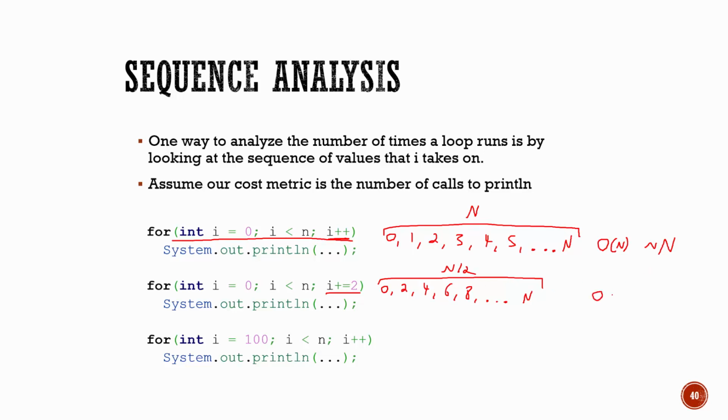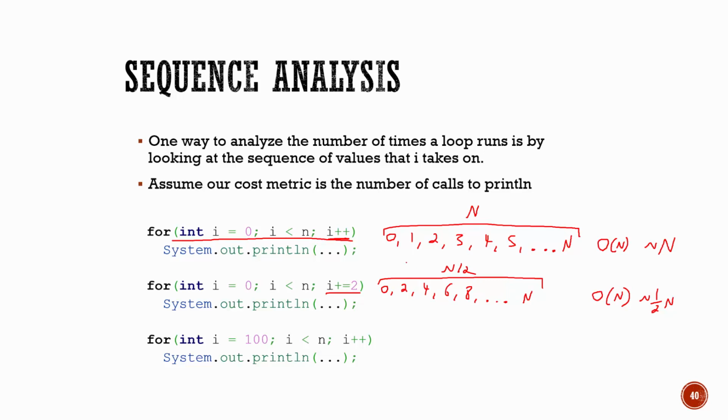For my big O, I know that big O doesn't have factors in there, that gets removed. So this is really just big O of n. Now if I had tilde, I would keep it. So I would say this is 1/2 n. And so we're able to figure out the performance of this by looking at that sequence of values that is visited while the thing loops.